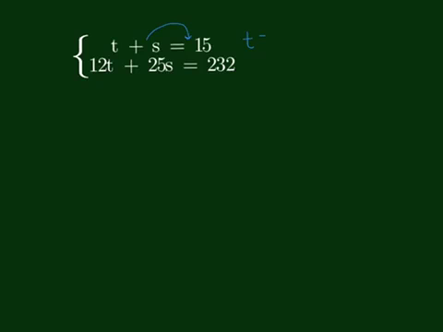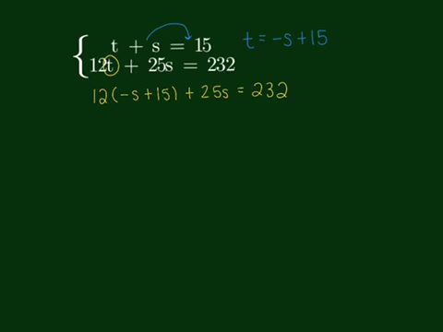So t is equal to negative s plus 15. And then remember, I can go down to the second equation, and I can replace t, only t, with that negative s plus 15. So 12 times negative s plus 15 plus 25s is equal to